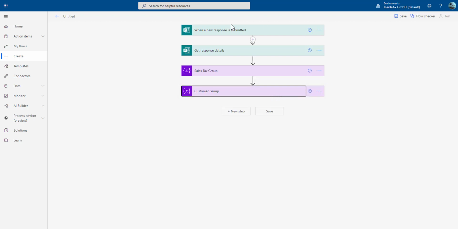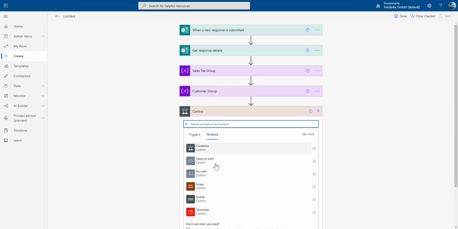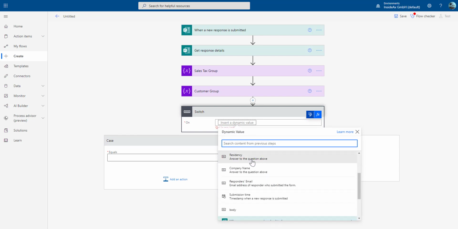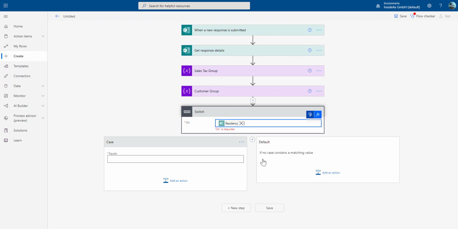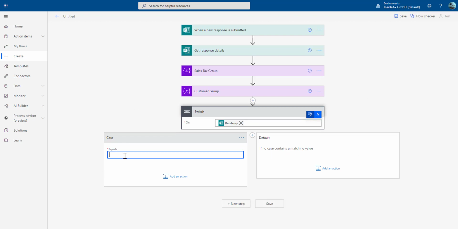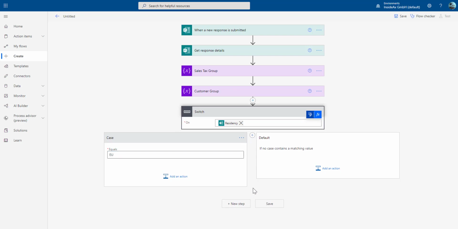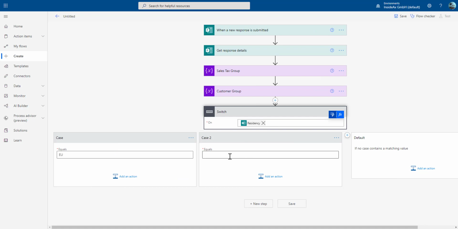Now we have to check what the register has provided as information. So we're going to a new step from control to the switch statement. And we are looking in the response details to the residency. And if this residency was European Union, or if this residency was other, then we have to change the sales tax group and the customer group to